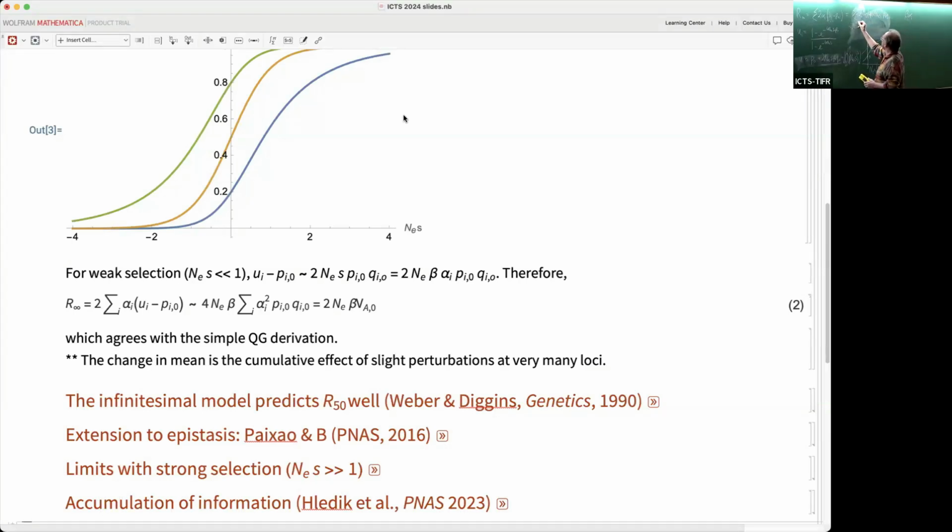And so this is then the sum of 2 alpha_i squared beta times 2N_e times p0 q0, which looks a bit messy, but we can just reorder the things, and we end up with 2N_e beta times the sum of 2 alpha_i squared p0_i q0_i. I should have written the little i's there, because this is a sum over all the different alleles in the initial population, all the different loci, which might have different allele frequencies initially. But that is just equal to